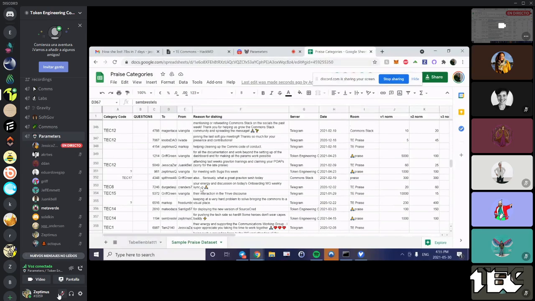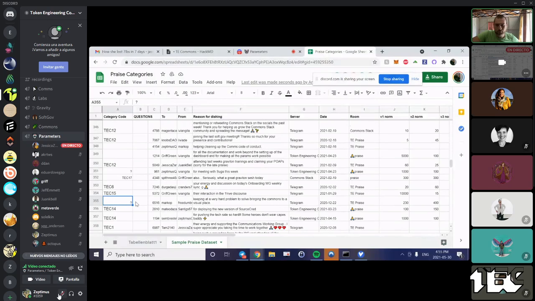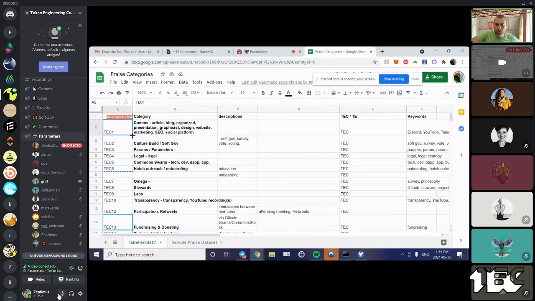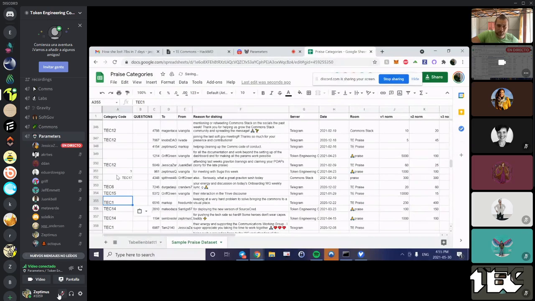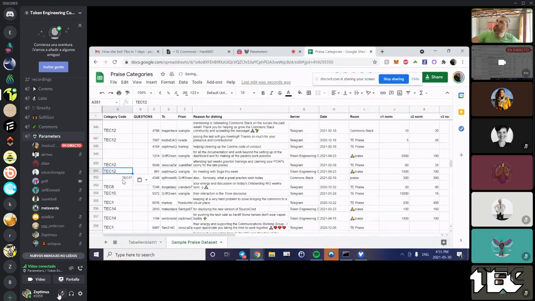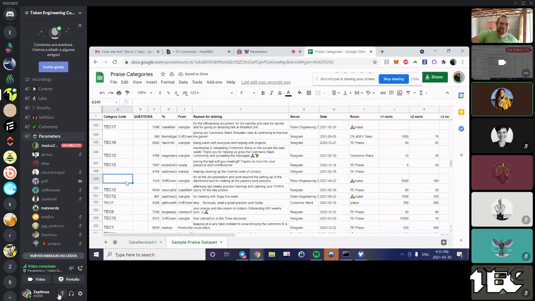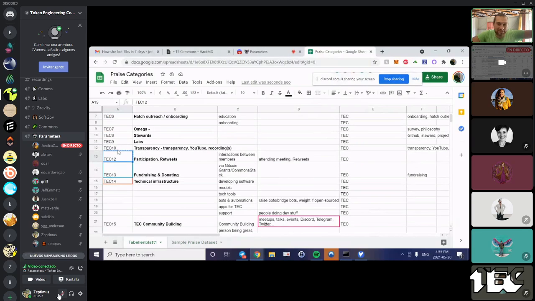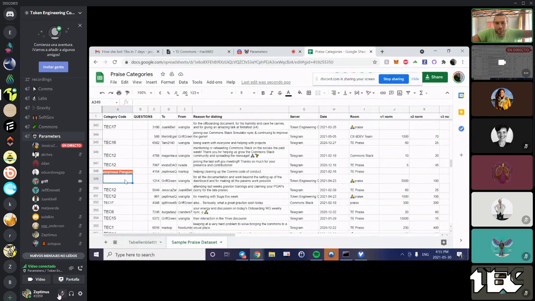So on number 36, oh, you don't have the spreadsheet. Sam got a complicated praise that covers several working groups. Should we default it to common swarm? What was the praise for? Sharing an inspiring post about what we can do for our deep narratives, for having a fantastic meeting with Santi to clarify and get all legal issues sorted out, and for helping Rain with the vesting visualization project. Yeah, that was a tough one. Yeah, I guess default. You just pick one of the three, right? This is what Octopus said.